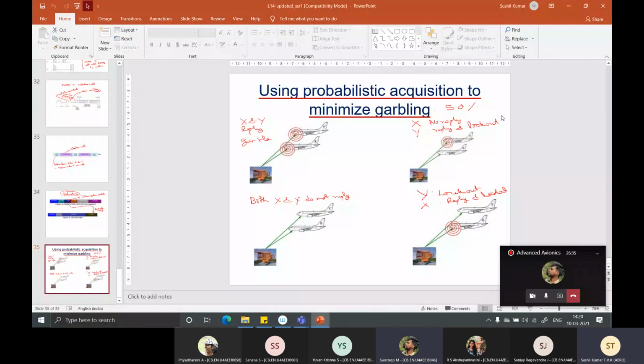Sir, how will X and Y know when to reply and when not to? They just take a random decision. This time I'll reply, next time I'll not reply. And these are happening in milliseconds. This keeps on repeating. So there's always a probability that you end up with case 2 and case 3, or 1 and 2 and 4. It's not going to be, because it's so random, it cannot always be 1 and 3.